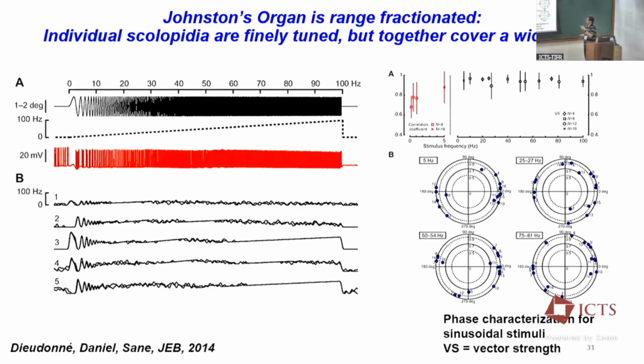When we do enough of these, we find that that tuned region actually is different for different units. So for many units, it's in this twice wing beat frequency regime. But if you look across Johnson's organs, then some of them are tuned there, some of them are tuned there, some of them are tuned there, and so on. And this is very beautiful because this then makes this Johnson's organ extremely versatile. It is able to encode some low frequency stimuli, some high frequency stimuli, some mid-level stimuli. So it is certainly encoding in all of these regions. And this makes it a really